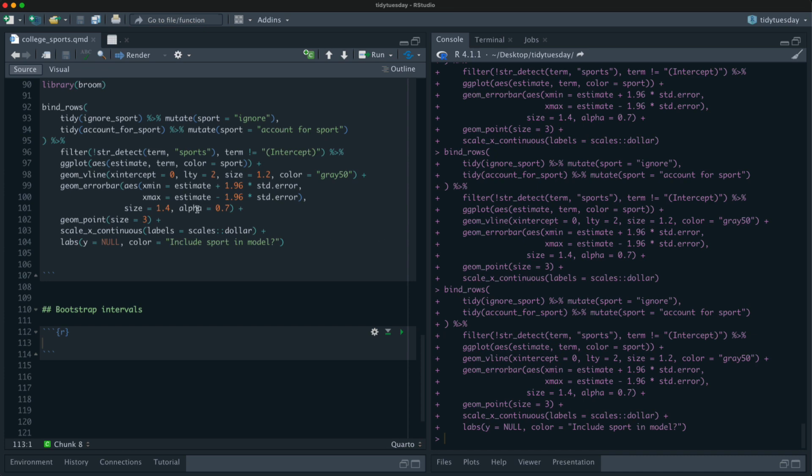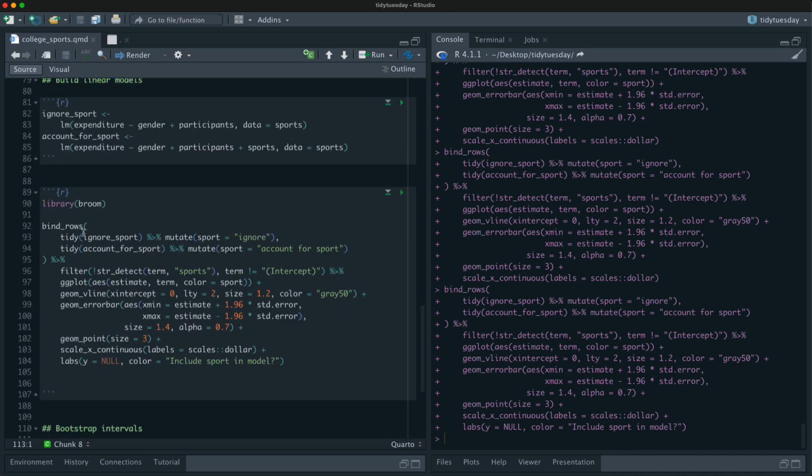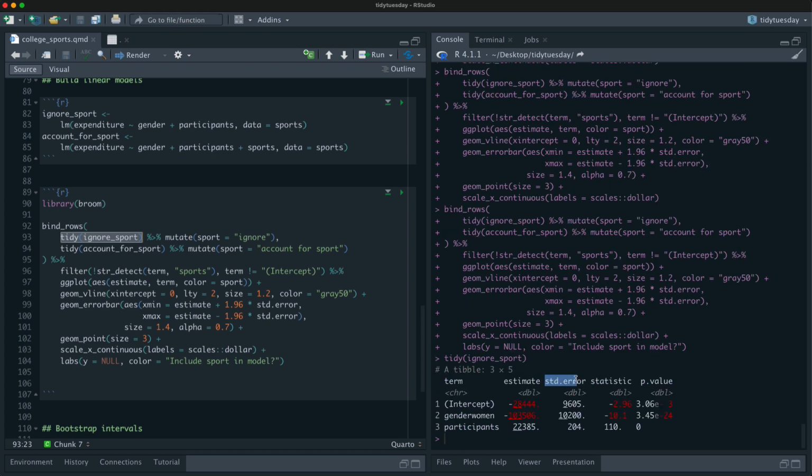So when we do bootstrap intervals, we basically ignore this altogether, and we just fit the model a whole bunch of times with resamples of the data and say, hey, how much does this change? What do I get every time? What is the distribution of answers that I get for the impact of, say, women's sports compared to men when I fit it a whole bunch of times?